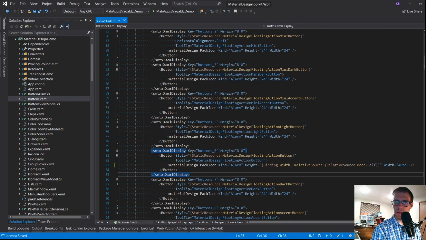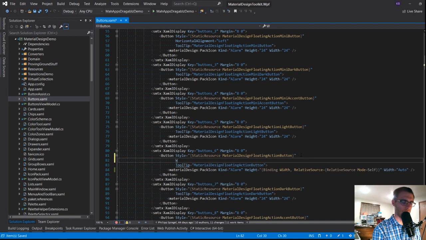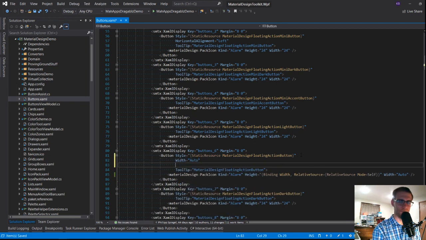And then on the button itself, this style was setting, let's see what all is here. Because sizing matters here, width of auto, margin of 10 and 5. The height is the exact same doohickey.